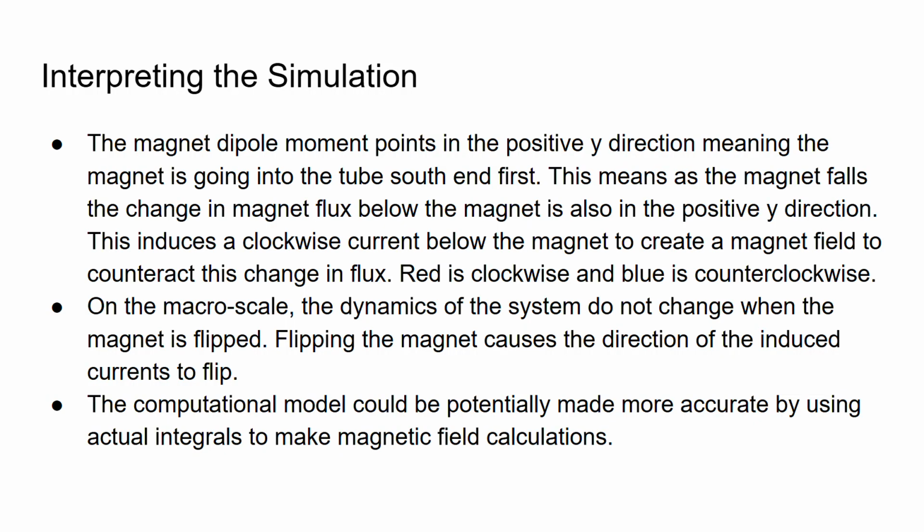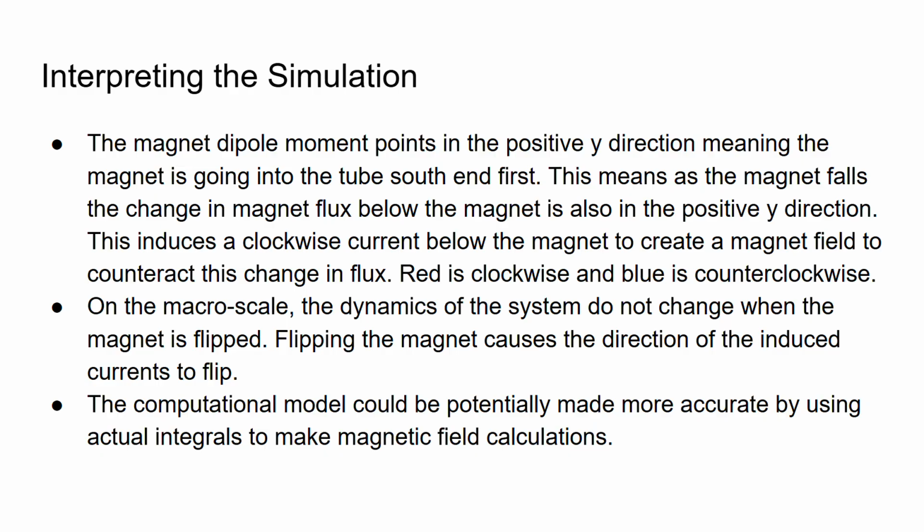Discussion and conclusions. Interpreting the simulation. The magnetic dipole moment points in the positive y direction, meaning the magnet is going into the tube south end first. This means as the magnet falls, the change in magnetic flux below the magnet is also in the positive y direction. This induces a clockwise current below the magnet to create a magnetic field to counteract this change in flux. Red is clockwise and blue is counterclockwise